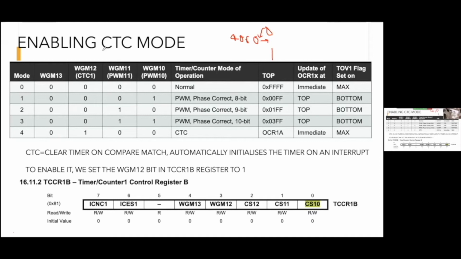It clears the timer on compare match, automatically initializing the timer on a compare match interrupt. To enable it, we need to set the WGM12 bit in the TCCR1B register to 1. As you can see, according to this table, if the WGM12 bit is set to 1, then CTC mode is enabled. So that is what we need to do to enable it. So we will again do a bitwise OR of 1 left shift WGM12, or 3 basically.